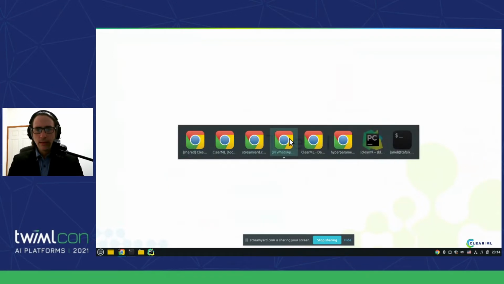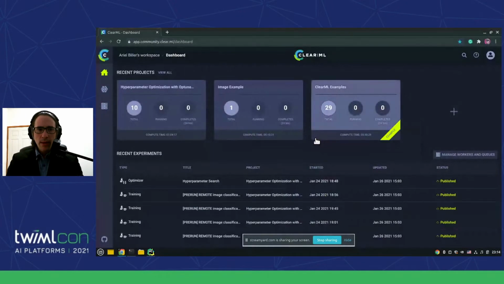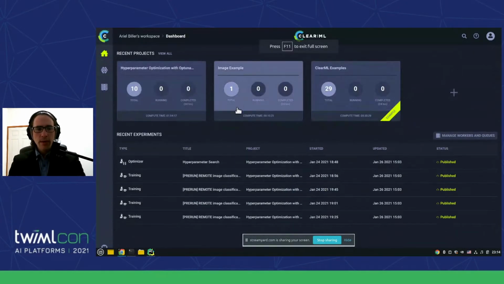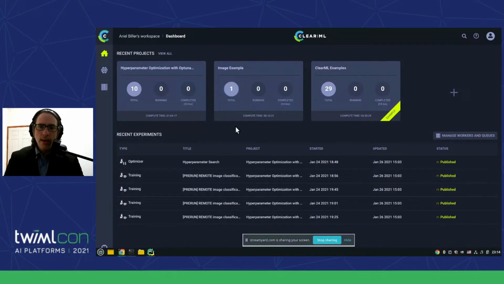Where is it? There it is. Okay, let's full screen it. So this is the main dashboard of ClearML, and it really makes sense to discuss it after you've done some work. So I won't go into detail, but I want you to notice the question mark here.